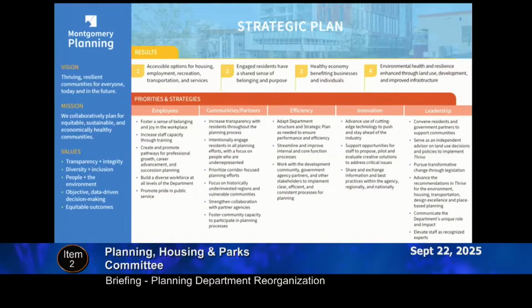The strategic plan identified 149 actions for us to pursue over the next 5 years, including 2 that related to our structure. The first, to assess the current structure's ability to address strategic priorities. And the second was to pursue structural changes to increase flexibility, responsiveness, productivity, and efficiency, and best address priorities and achieve the department's mission. So with the completion of the strategic plan at the end of last year, Robert, Bridget, and I set out to pursue those 2 actions and to determine what, if any, structural changes we needed to make. The ensuing effort took us about 6 months to identify the appropriate structure, hold the necessary conversations with staff, and implement the changes.